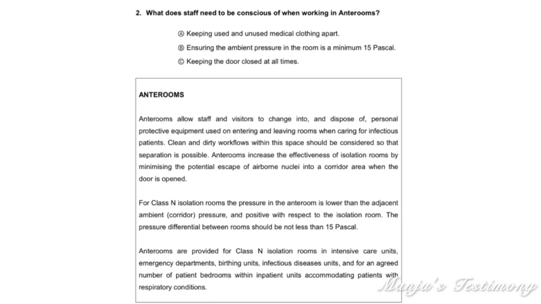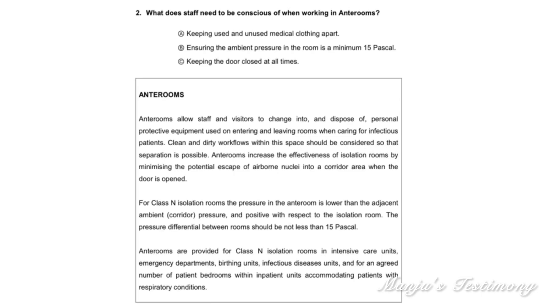So let's read the missing segment in the first paragraph. We just read up to clean and dirty workflows within the space should be considered so that the separation is possible. And anterooms increases the effectiveness of isolation rooms by minimizing the potential escape of airborne nuclei into a corridor area when the door is opened. So here we have seen the word door. Okay, so let's read that sentence again for clear understanding. Anterooms increases the effectiveness of isolation room by minimizing the potential escape of airborne nuclei into a corridor area when